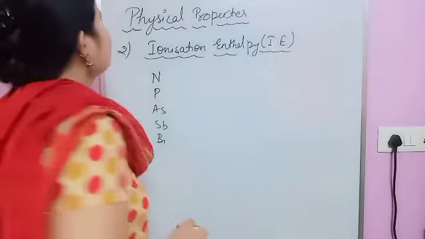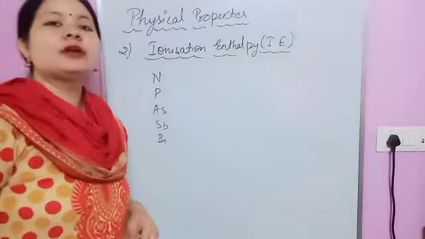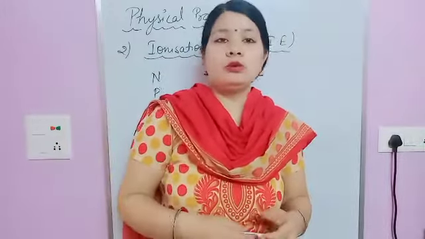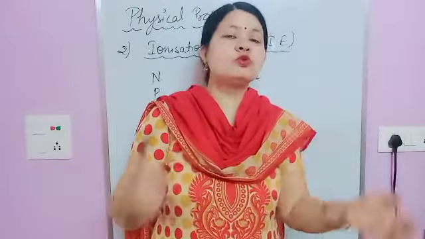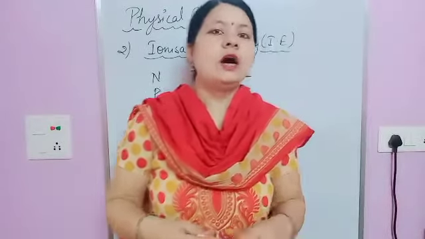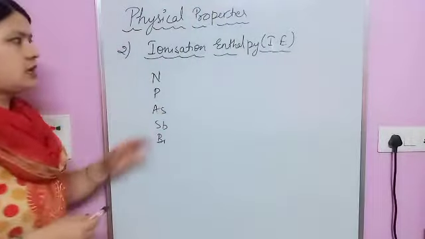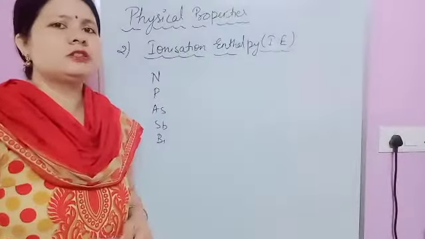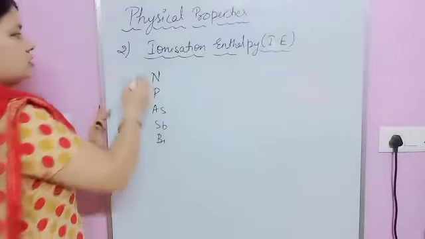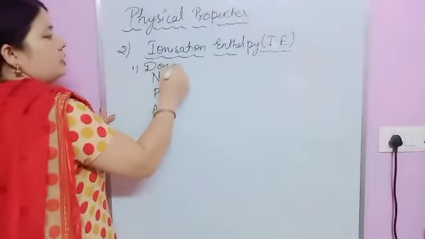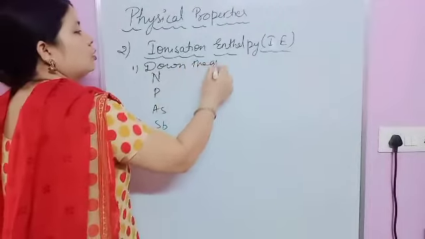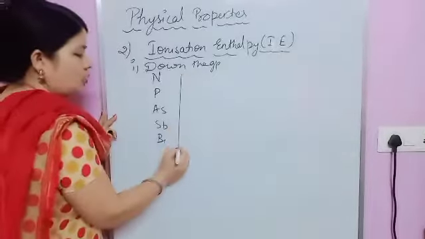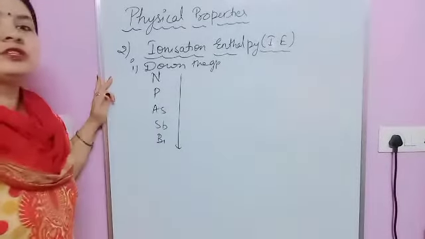Okay, 12th class. The second property we have is ionization enthalpy, or you can say ionization energy. The amount of energy required to remove the most loosely bound electron from an isolated gaseous atom is ionization energy. Normally as we move down the group, ionization energy decreases. First, this is regarding down the group. As we move down the group, ionization enthalpy